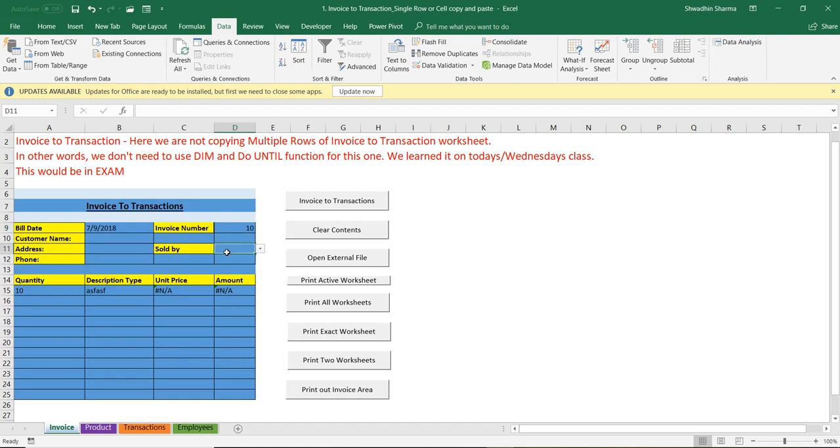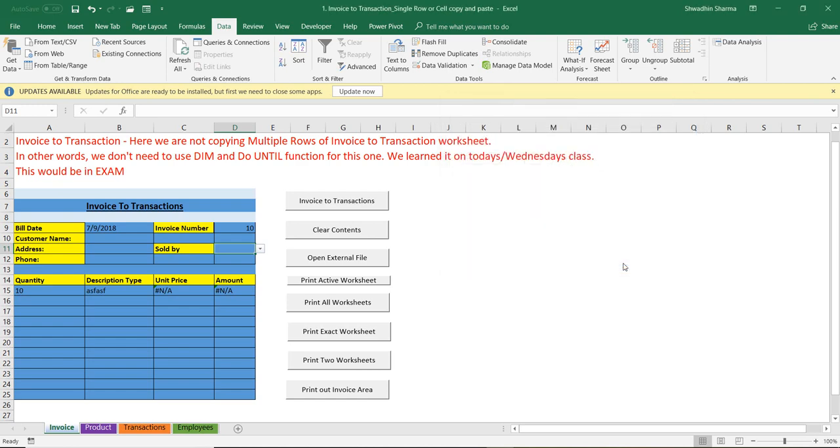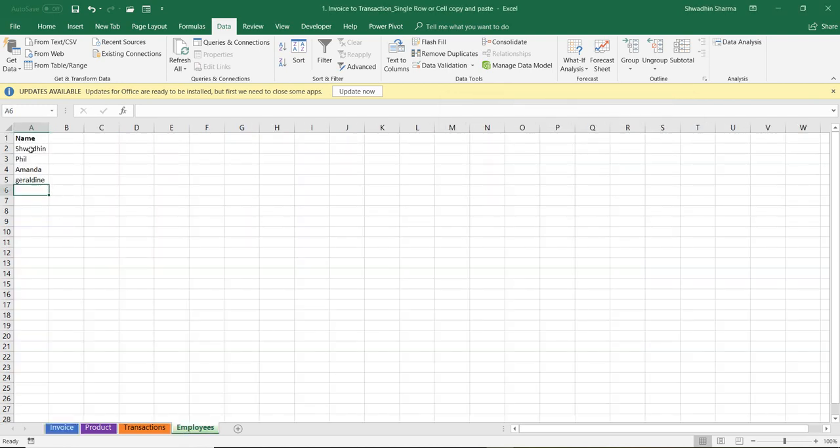The sold by, on the other hand, has to be a drop down. Remember how we create a drop down? You go to the data, you go to data validation, and then create a list, and click OK. While you're clicking OK, make sure that you select your employees from here. So if I am creating